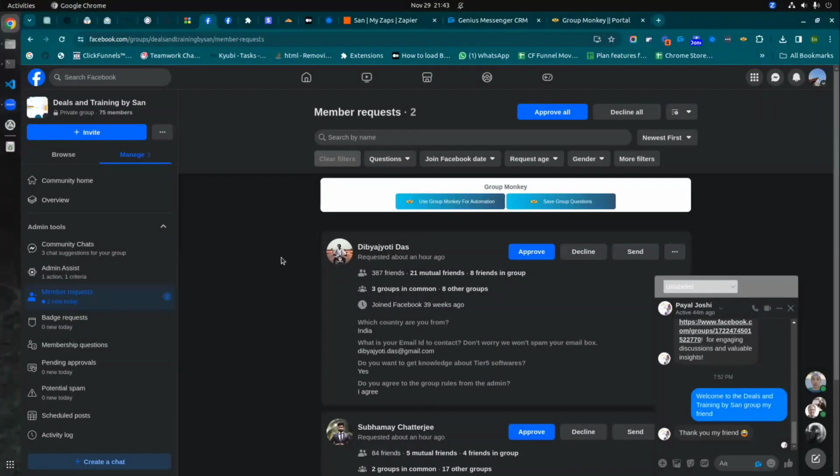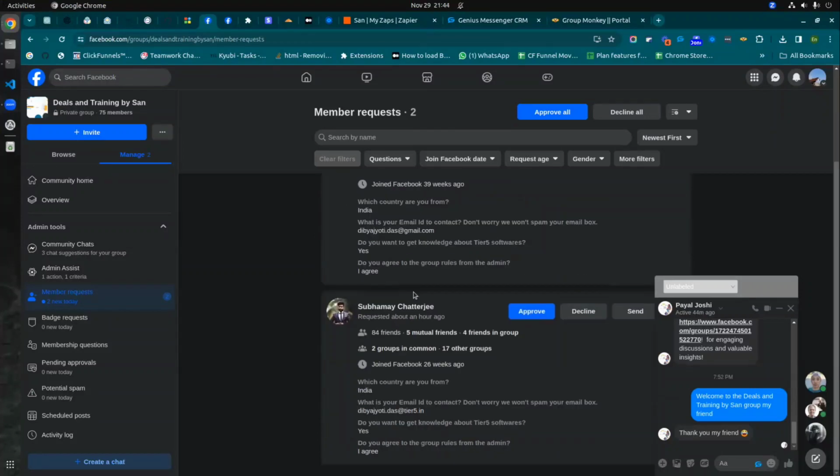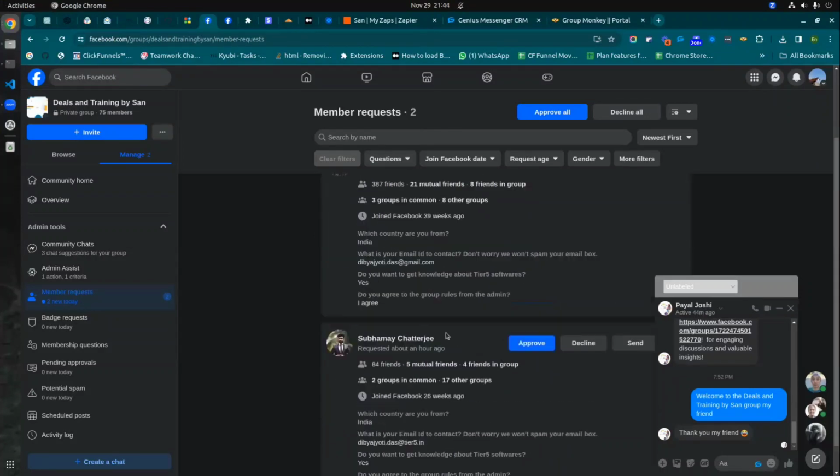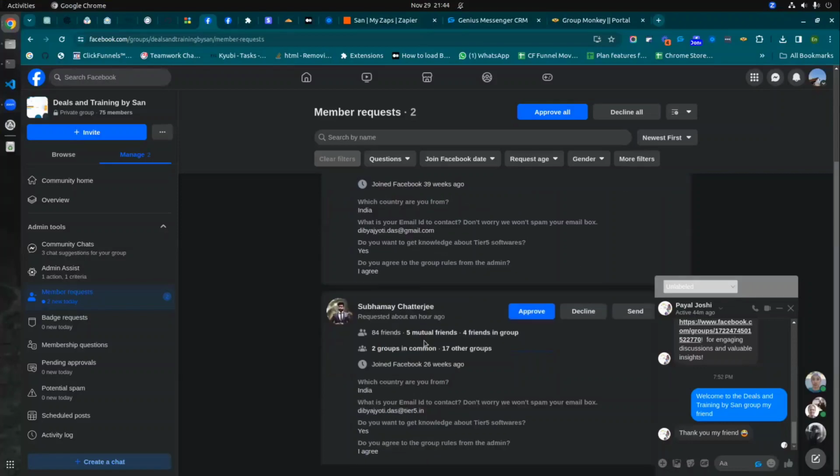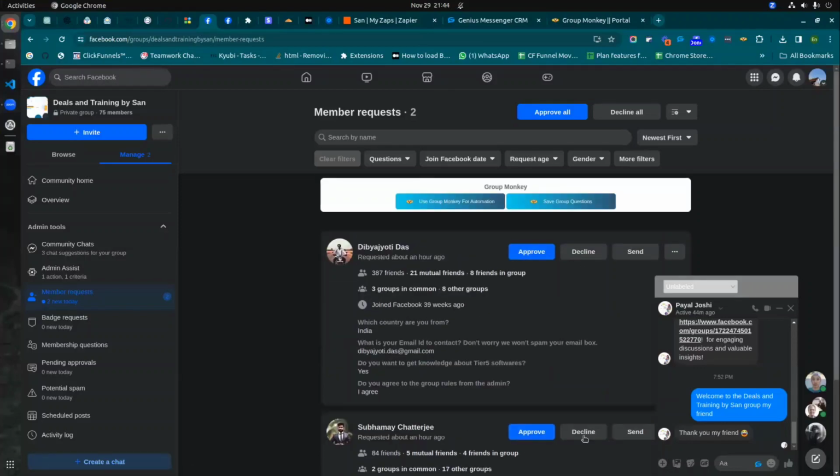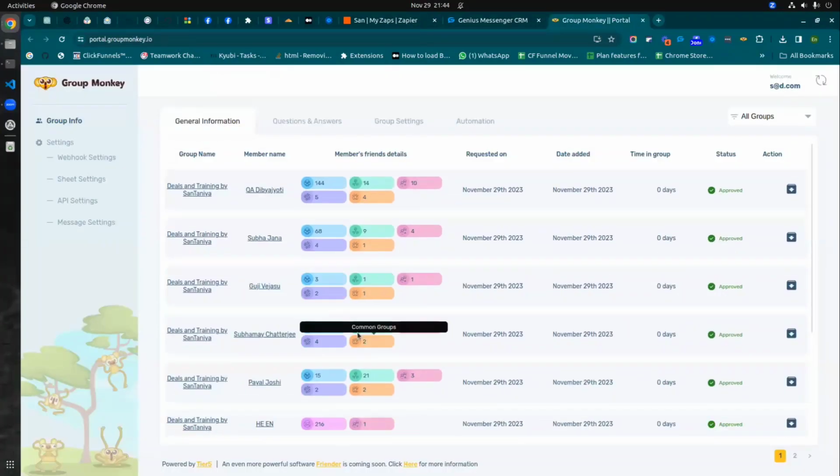So our goal is basically, suppose you are an admin or moderator of any of your groups and you can accept or decline any member join request. This way you will be seeing all the member requests that are coming to your group, and you can either approve or decline them manually, right? Now using GroupMonkey, you can actually get that data into your system, or in the GroupMonkey